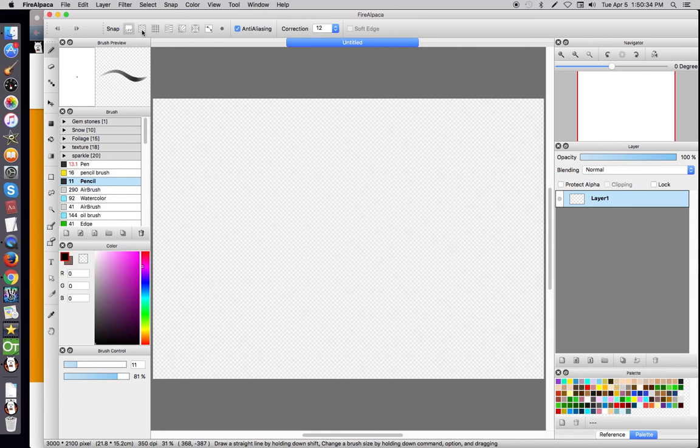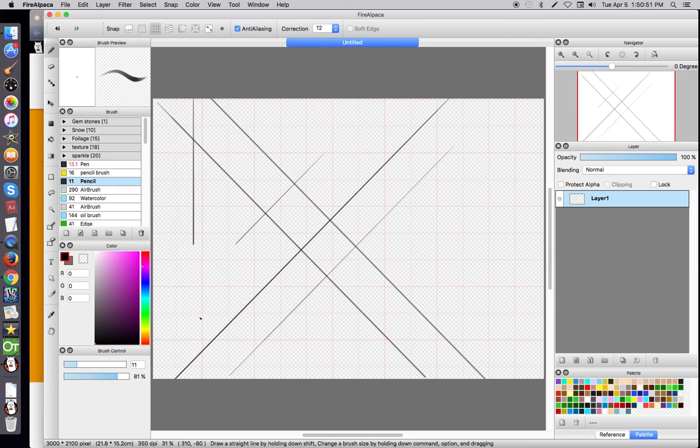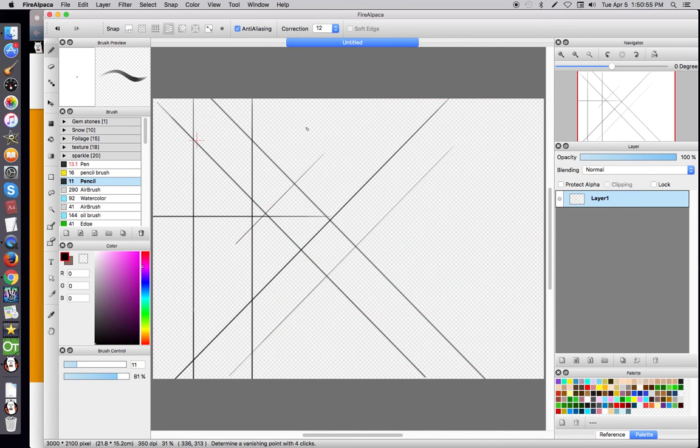It's a pretty simple tool to use. Pretty much you can get these lines on snap and use them as, or rather they become your guidelines to draw straight lines in a crisscross pattern, so on and so forth. Custom pattern for radiating from simple points. You have your actual radiating